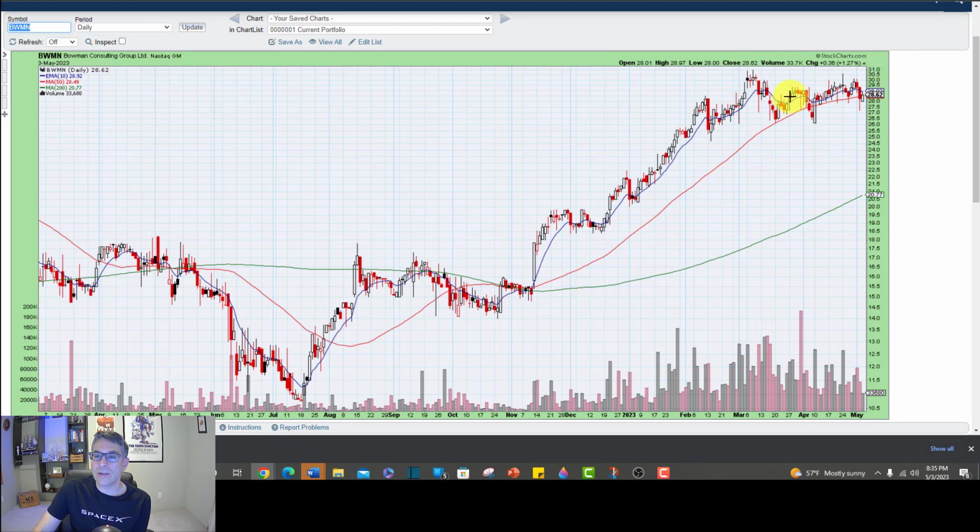Now sometimes you can buy these bounces, but this is sitting on the 50-day, not bouncing. We don't want stocks to sit on the 50-day. We want them to bounce off of there. So I'm not touching this one until it does what I mentioned earlier. The other one,